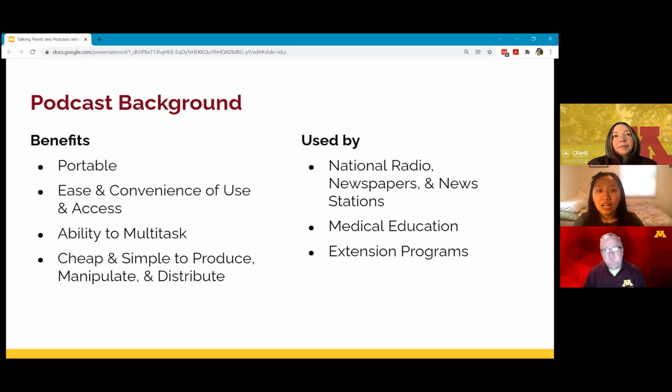They're portable. Everyone can have the same uniform education without having to travel to the same location at the same time. And they can control their information abundance by listening to as much or as little information at any given time. And also they can listen to the podcast without taking up more time in their schedule, such as when